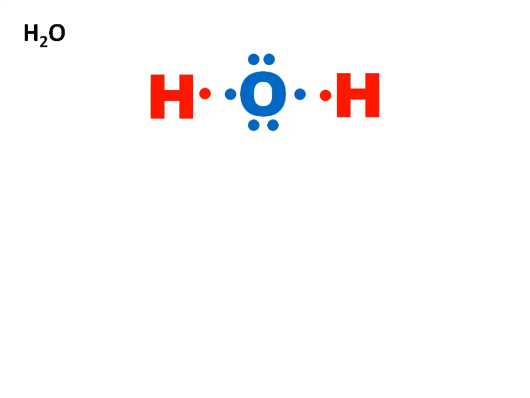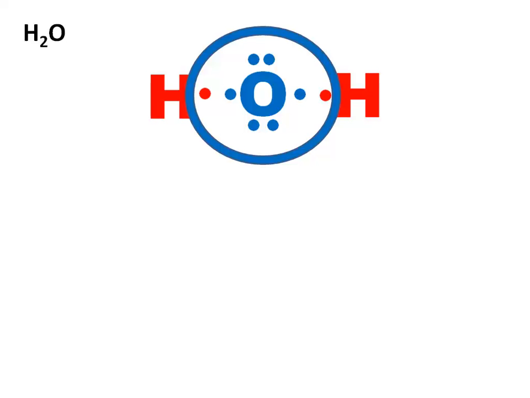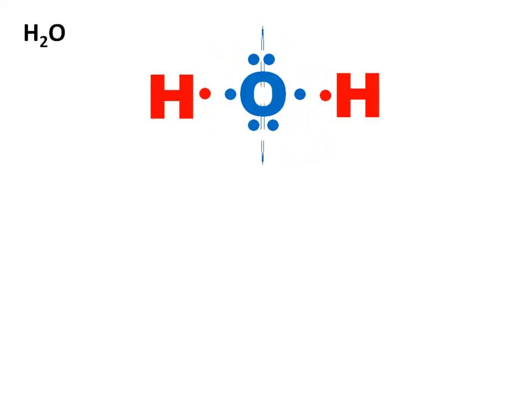We can also look at oxygen. And if we look at oxygen's total number of electrons, now it has 8. It has 6 from itself and then the 2 that it shares from the hydrogen. That's how it's shared. Now, when we draw it, we don't draw it like this and we don't do the